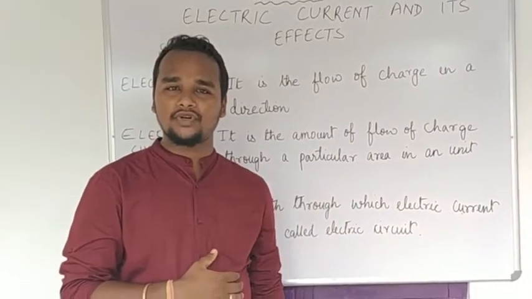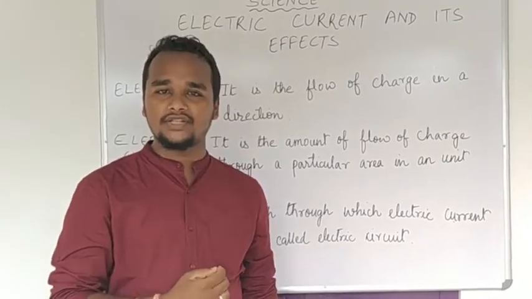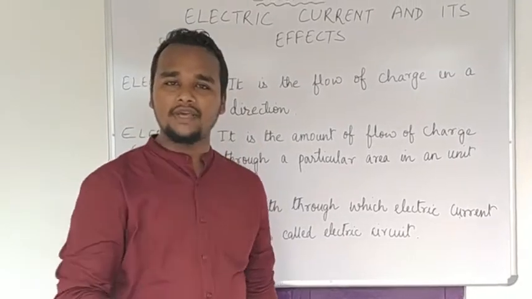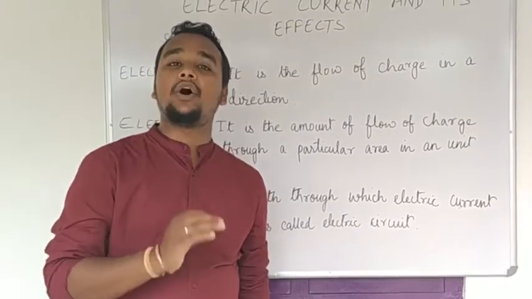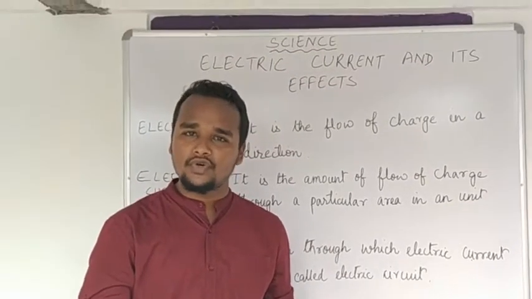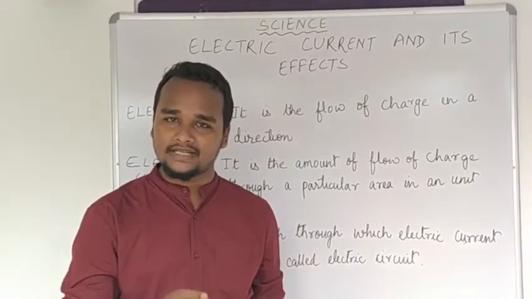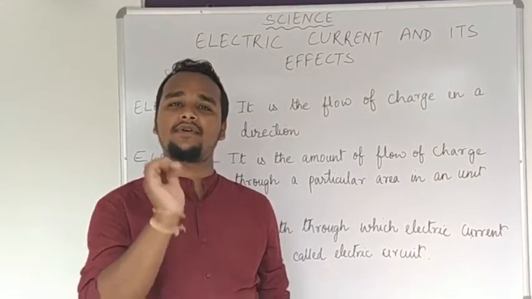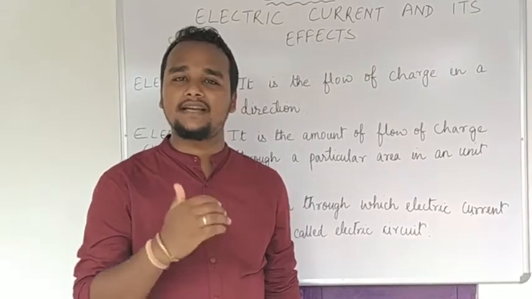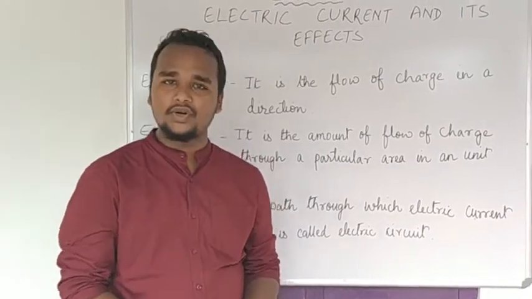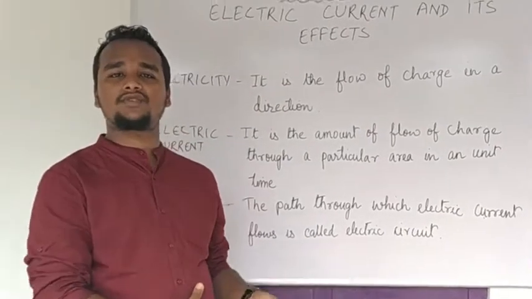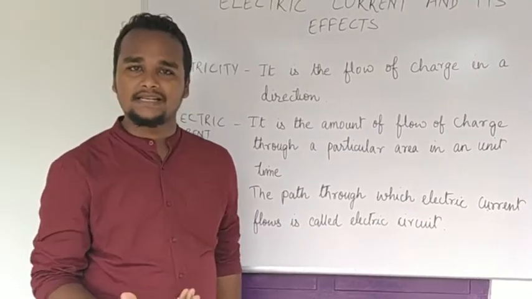When you put the switch on, then that particular charge will flow through that particular wire. Now, if the charge is flowing in that particular wire, it is also flowing in a unit time. That means it is taking time to flow. So that is an example of your electric current, and that electric current is flowing through that particular wire. So this is what your electric circuit is. I hope you have understood what is electricity, what is electric current, and what is an electric circuit.